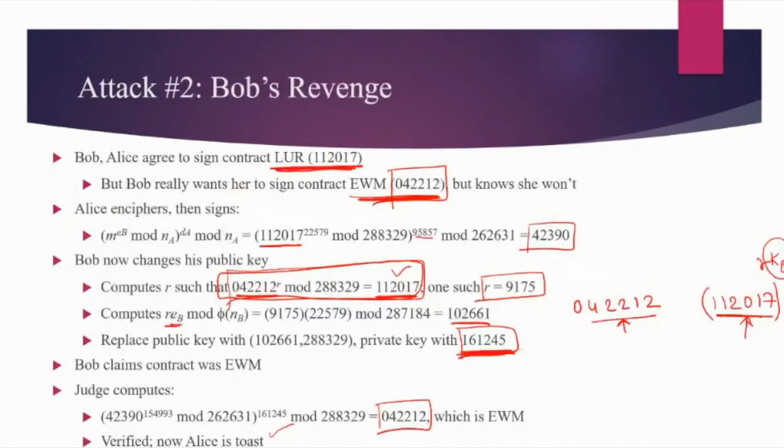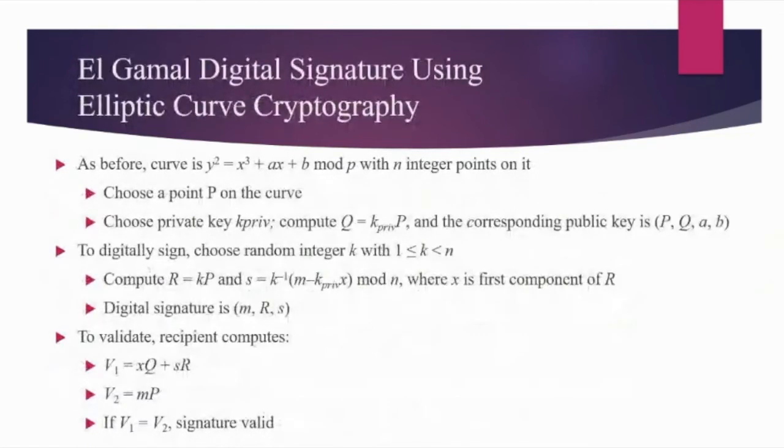Now let's quickly discuss something more about the elliptic curve digital signature, ECDSA. Why am I discussing this? Because nowadays cryptocurrency is everywhere, and in cryptocurrency ECDSA is used. This is the version of digital signature which is used in Bitcoin and all. So I thought it is good to give you an idea of how this elliptic curve cryptosystem works, as we already covered elliptic curve ciphers. The idea is the same here.